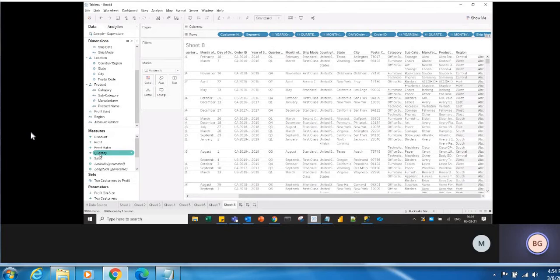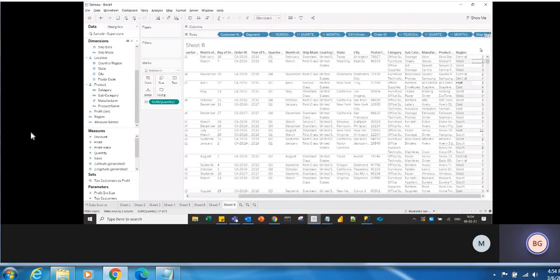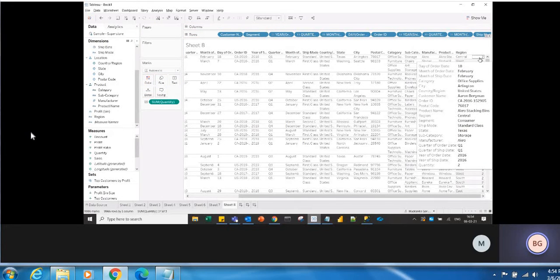So let's say if you want to analyze the quantity, so I'm dragging quantity into the text. Now you see what is that? You have to analyze all of this: the order date, order month, ship date, ship month, categories, subcategories, city, country, region, customer name, order ID, right? So you have to analyze all 20 dimensions that we have dragged, and finally the answer is 2.